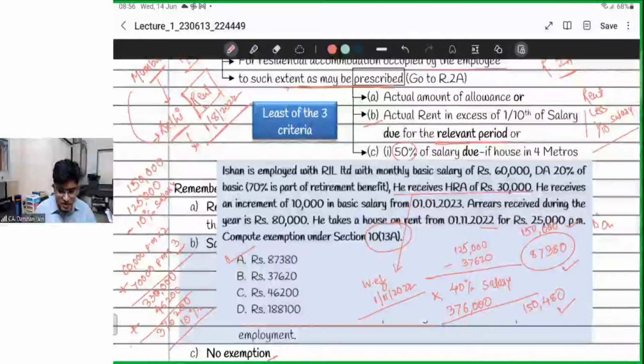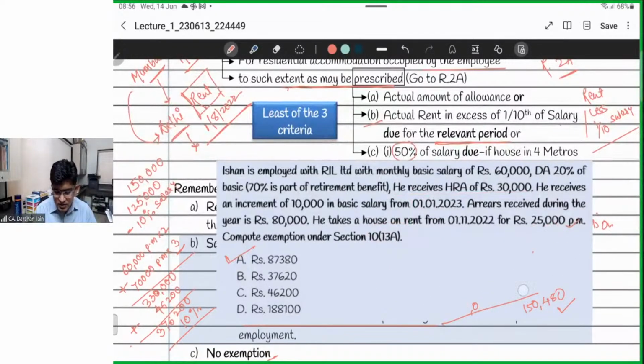See, I'll just explain because I'm not getting too many answers. So I'll just briefly explain you again. I've got 3 limits. One is the factual limit. What is the actual amount of HRA received? Let's say the actual amount of HRA received is 1,50,000. Right? So that is my first limit, actual amount of HRA received. What is Rule 2A prescribing? Rule 2A prescribes that least of the 3 would become exempt. So actual HRA or the factual limit is